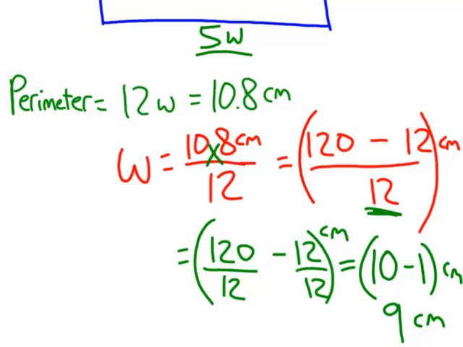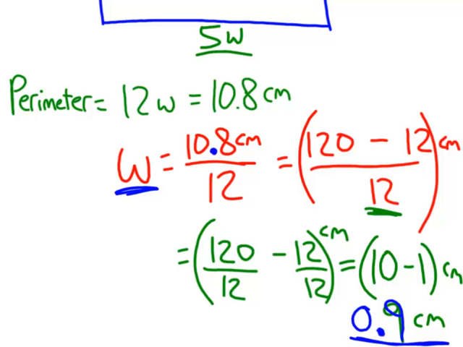I should point out that I really need to keep in mind what I did at the beginning of this calculation. I said I was going to temporarily ignore this decimal point, right? So now I need to come back and ask what effect putting that decimal point back in has. It basically takes that 108 and brings it down to 10.8. Well, that means that this 9 right here, which has a decimal point right after the 9, really becomes 0.9. And that is our final W value. W is